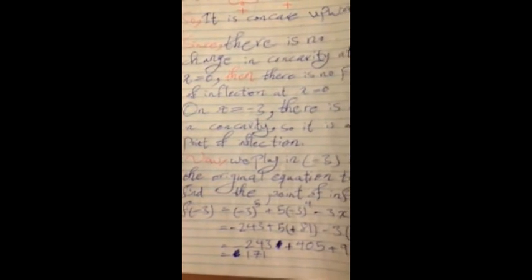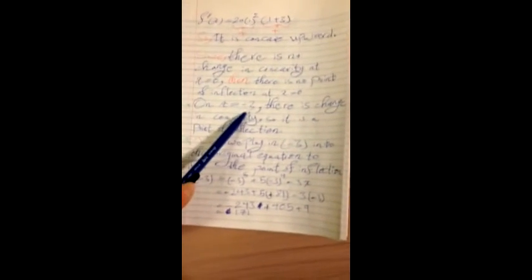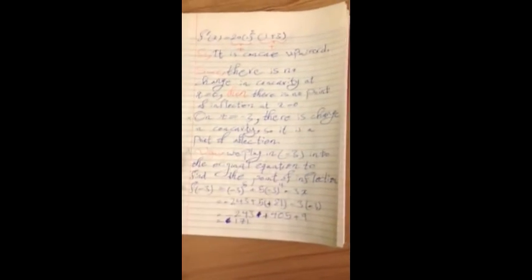But at x equal -3, there is a change in concavity, look here, from concave down to concave up. So to find the point of inflection,